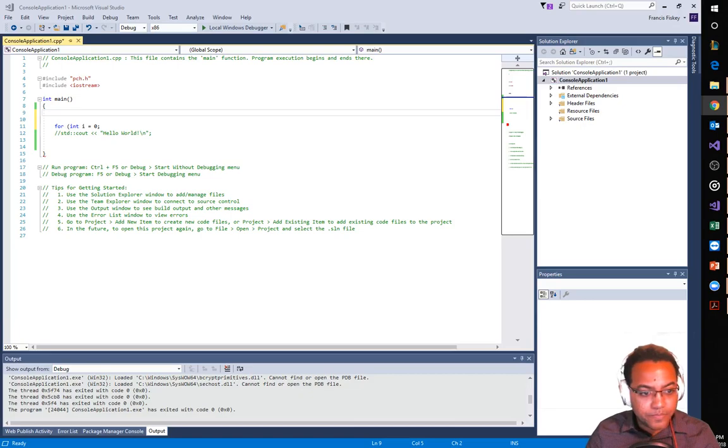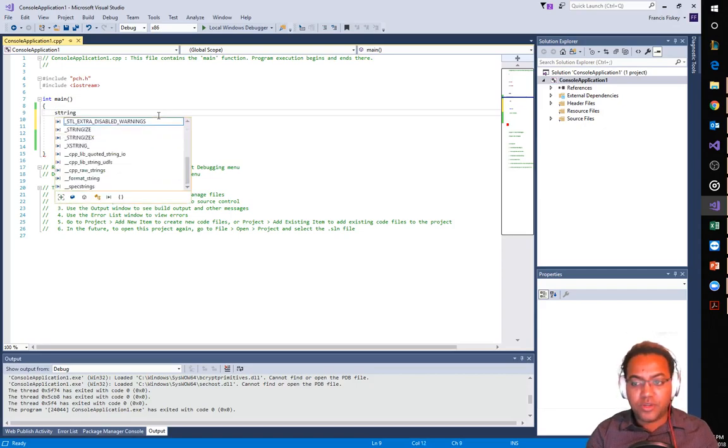Right. That's not what I wanted. I know the syntax for the for loop. I need the syntax for an array. For the most part, we use for loops to iterate through arrays because arrays have more than one value. So in this case, what I'll have is a string